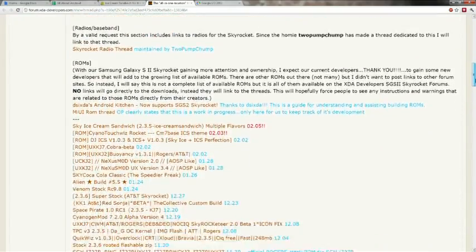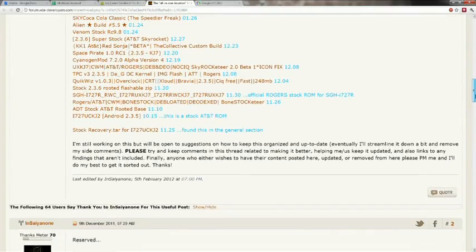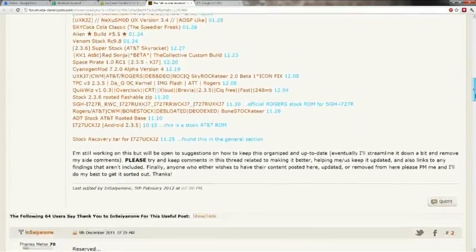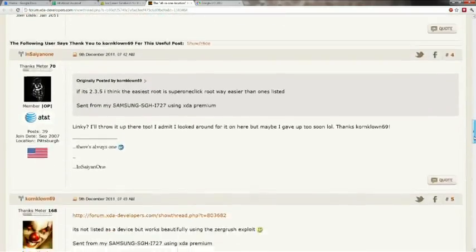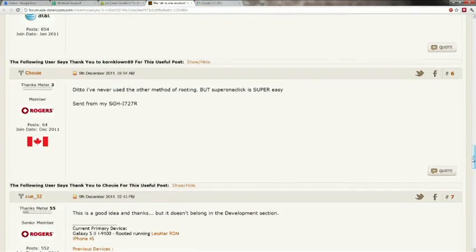So you can probably feel pretty safe going in there and doing a little bit of reading on these, seeing how they're commented on, seeing what people think of them. And really, you're in the position now where you can flash some of these things as long as you've made a full Nandroid backup, and that's really important. Make a backup of the installation that you know works right now so that you can always revert to it. Then you can play around and install some of these. Give it a day or two and see what you think of them. That's kind of the fun of doing this type of stuff.